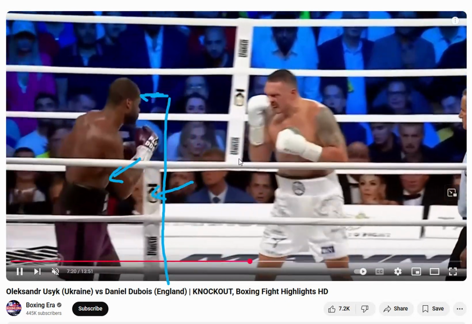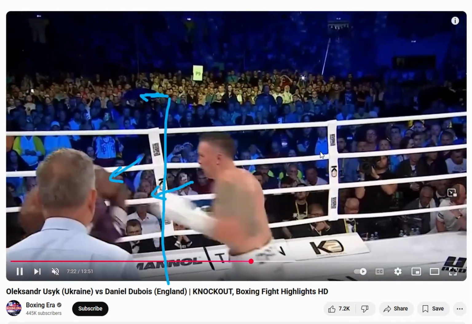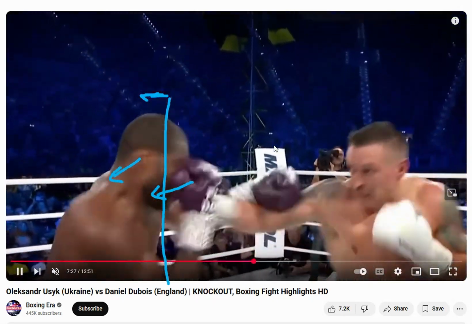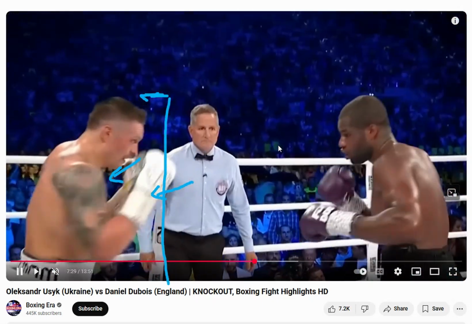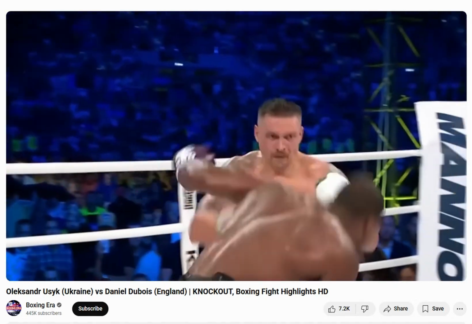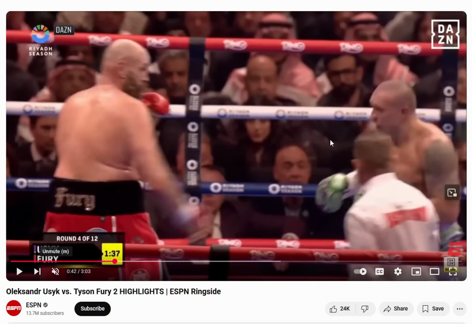But you'll see, stops, look, stops, boom. Now he's back, look, see, back within range. And you see, even if Dubois hits him, he's able to roll off with the punch. It's crazy. High level stuff, very, very high level stuff. And here you'll see,